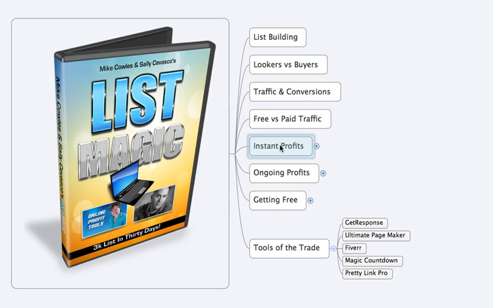So, 30 people a day to your list means that you're paying for 100 visitors if your site is converting at 30%. Right. Okay. So 100 visitors you can get for around 20 to 40 bucks through most advertising. And again, we're talking targeted traffic where people want what you're offering, and you're on your way. So you're on your way to being free. Absolutely.